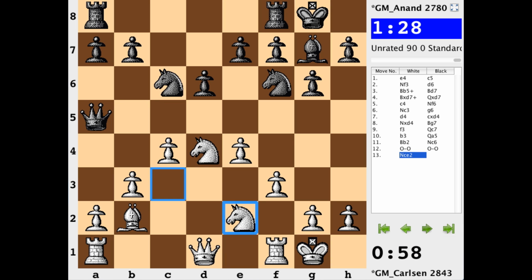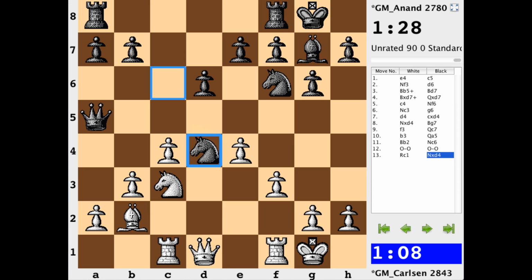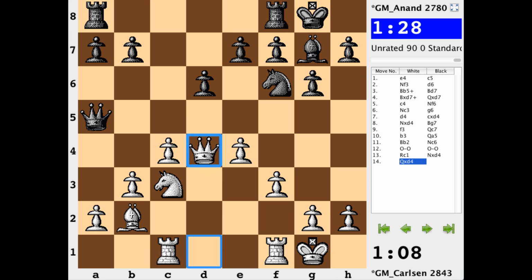So black castles, knight c to e2, getting in a position to recapture with maybe the bishop if knight takes, or even the queen, and then there would be a more direct view of that g7 square. If instead of knight to e2 we did have something like rook to c1, after knight takes, queen takes, okay, now maybe there's some tricky stuff that can happen. The knight is able to move, and the queen is getting hit directly and she has to react.